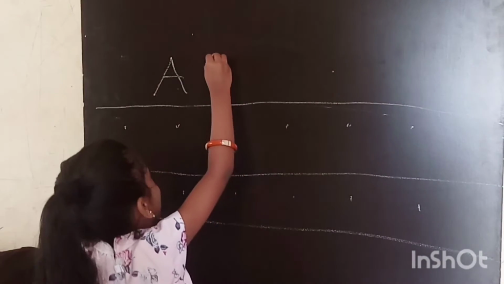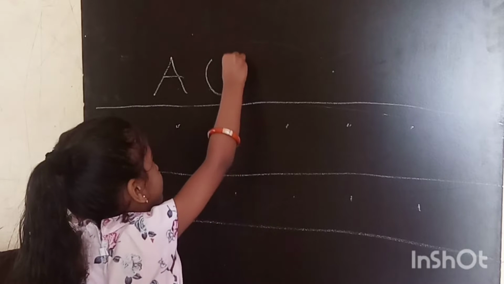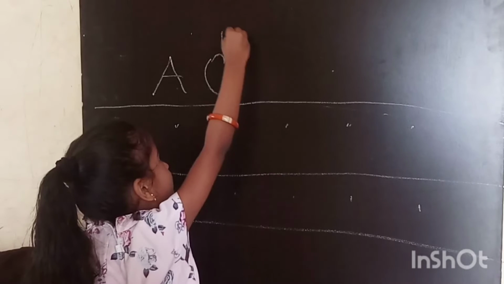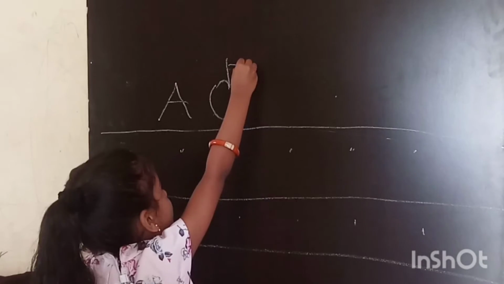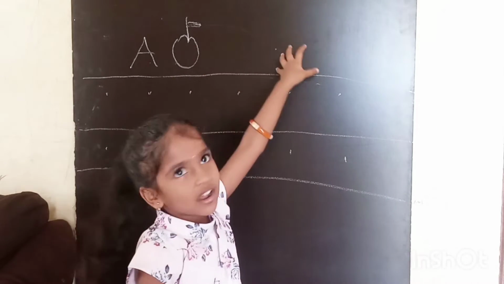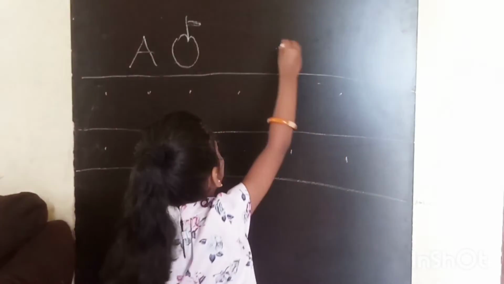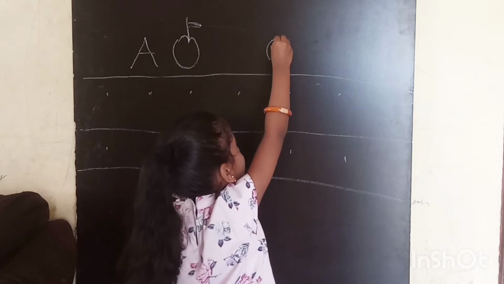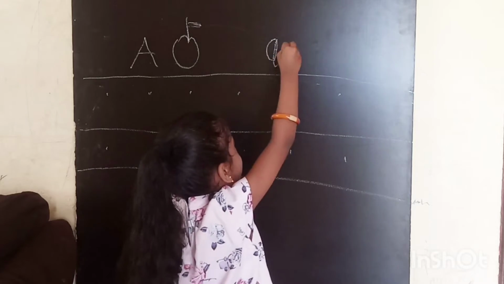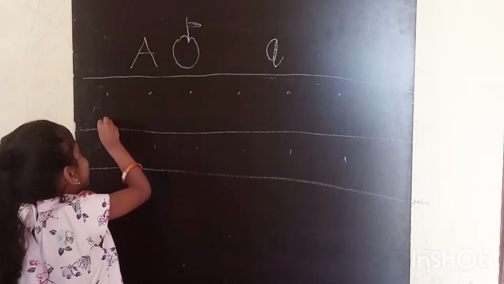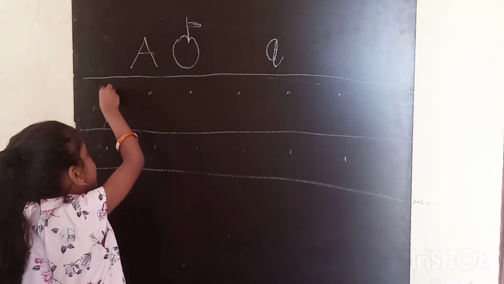A for apple. So write apple. Big letter. The small letter you write. Put starting line like this. Okay friends, next slanting line,